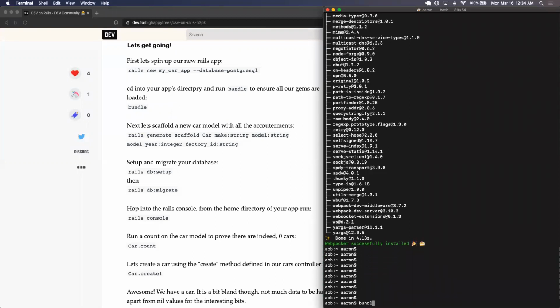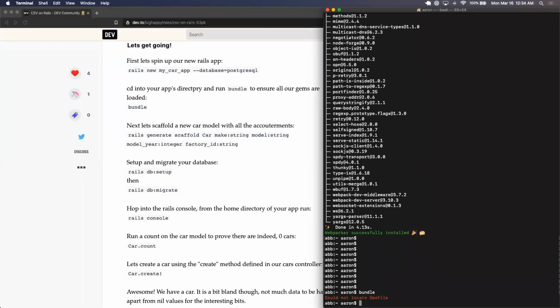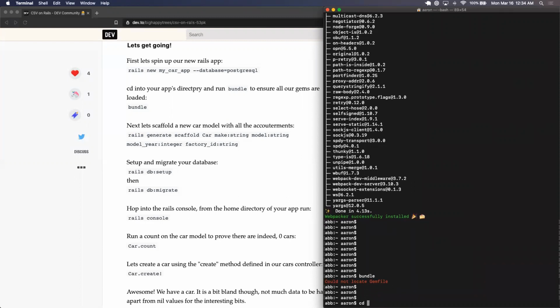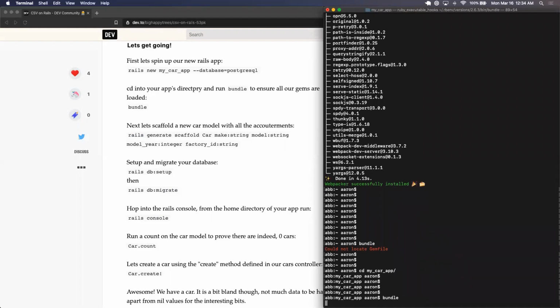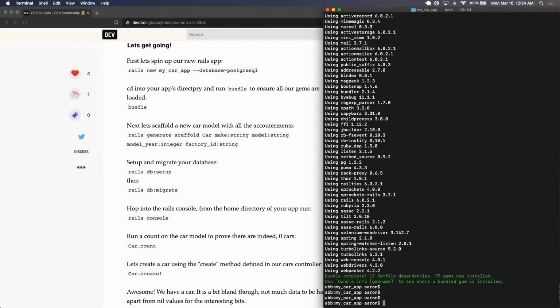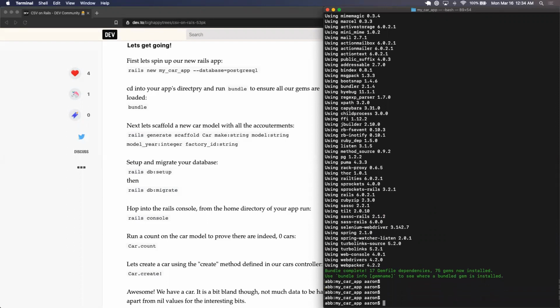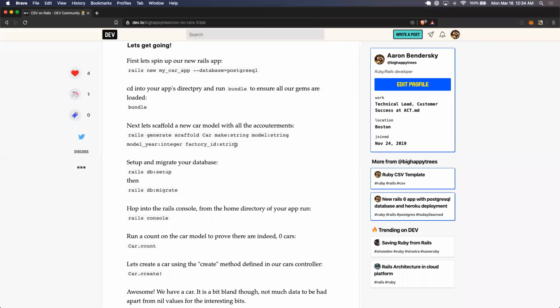I'm gonna run bundle just to make sure. Well, before I run bundle, I should probably cd into the app, and then I'll run bundle. That looks good. So what did I say after that? After that, we're going to say, generate this nice scaffold